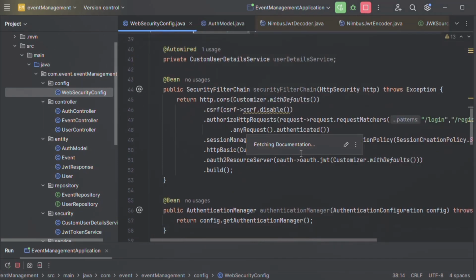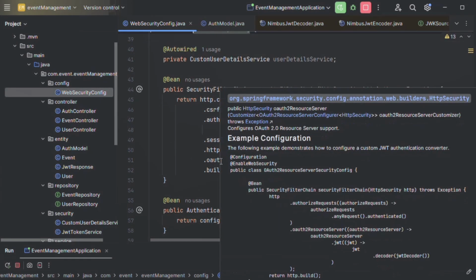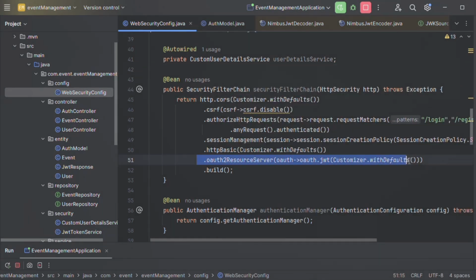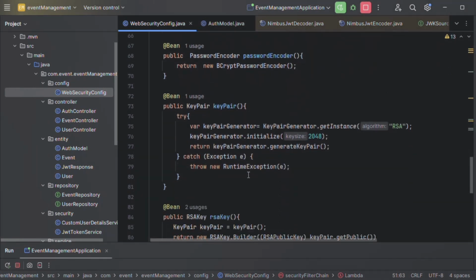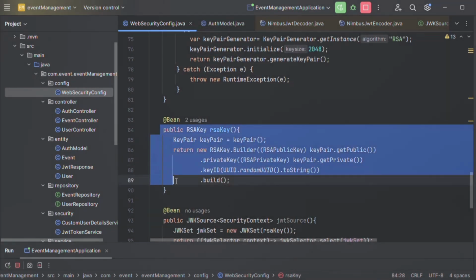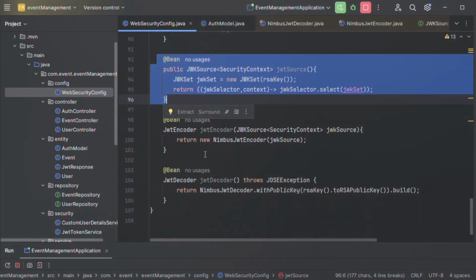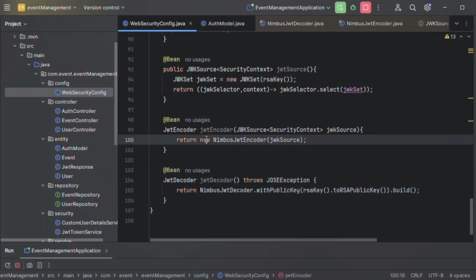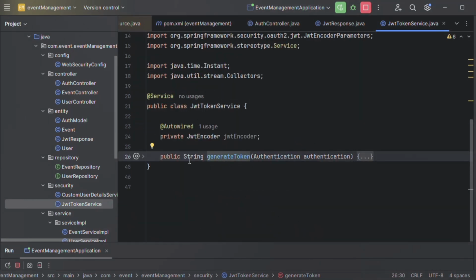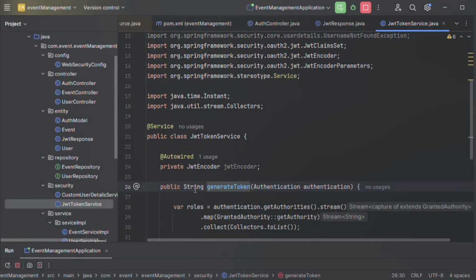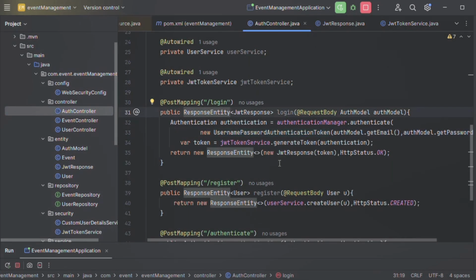Now we go to this web security config. Here this is the OAuth2 resource server filter we have added here, and this is the key pair we have generated, then RSA key object, JWK source, JWT encoder and decoder, and this is the JWT token service here, which has the method to generate token which returns the token.